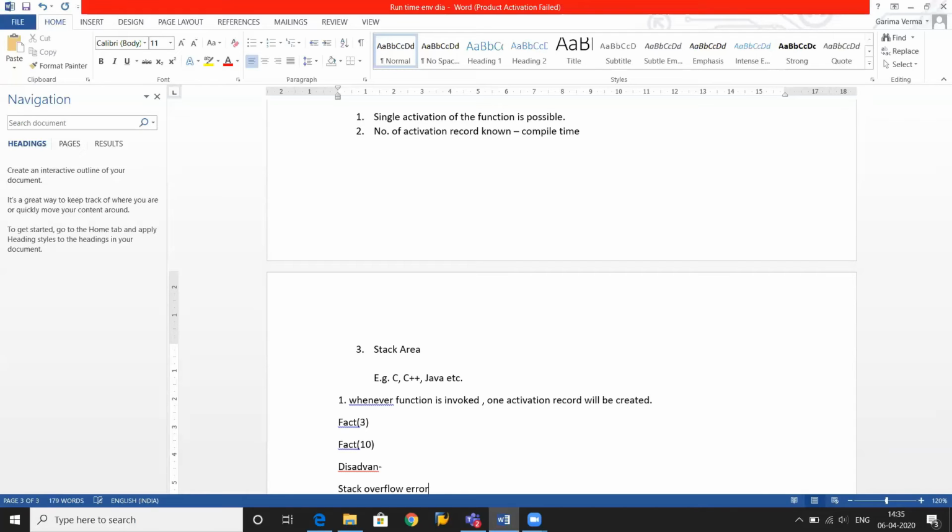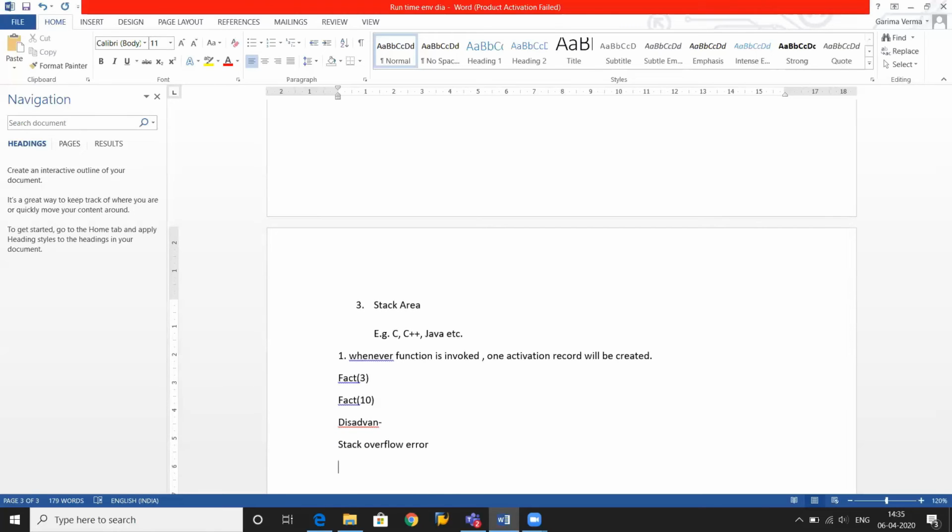As I've already told you, the same area is shared by the heap and stack, right? So if in your logic you have used dynamic memory allocation more, the heap will grow. And if you have used the stack concept more, the stack will grow. And if one or both areas are growing and the memory space is over, in that case you can have a memory overflow error. This is the only problem that we have in the stack in the allocation of the memory for the activation